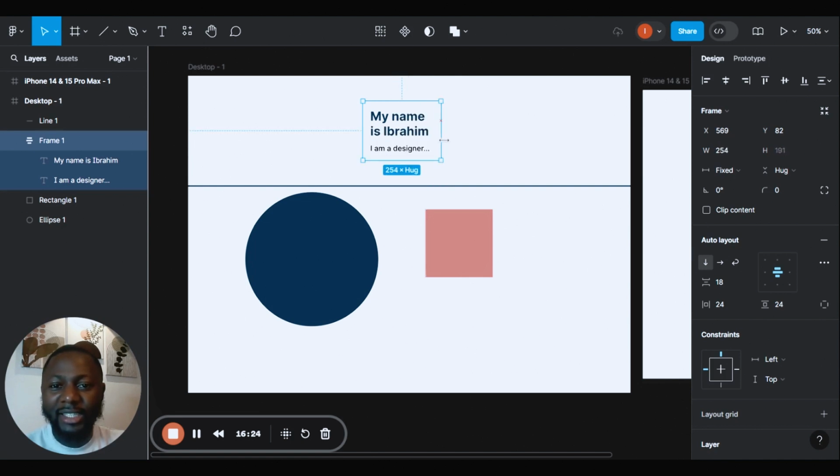You can see that that is the work of auto layout. We'll go into more detail on this in my next video. Now,